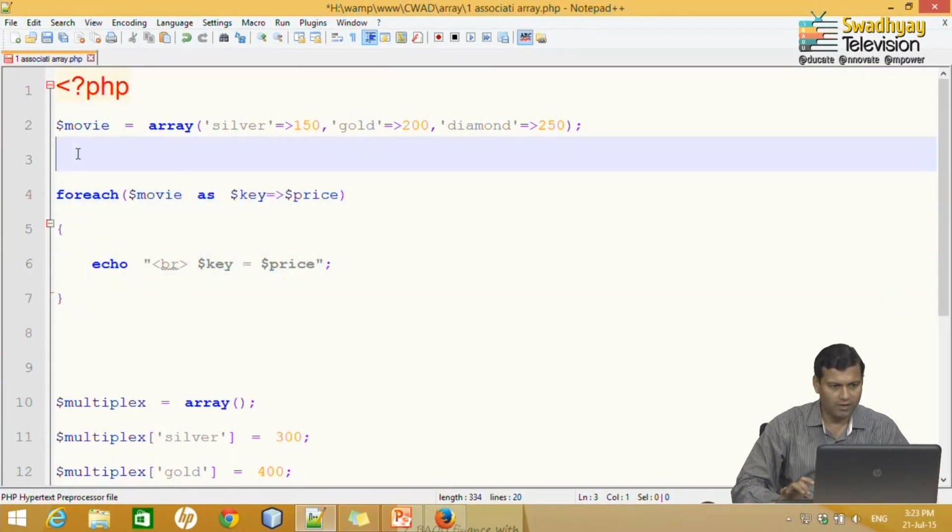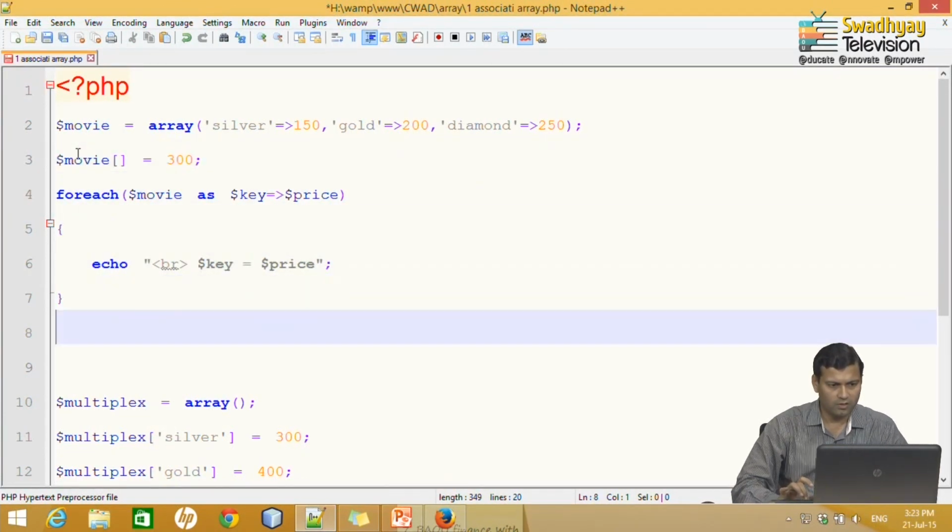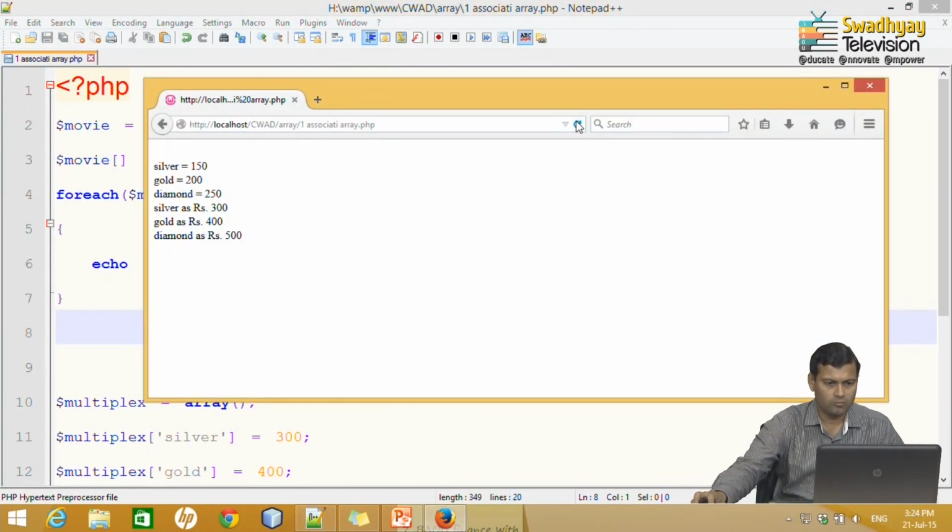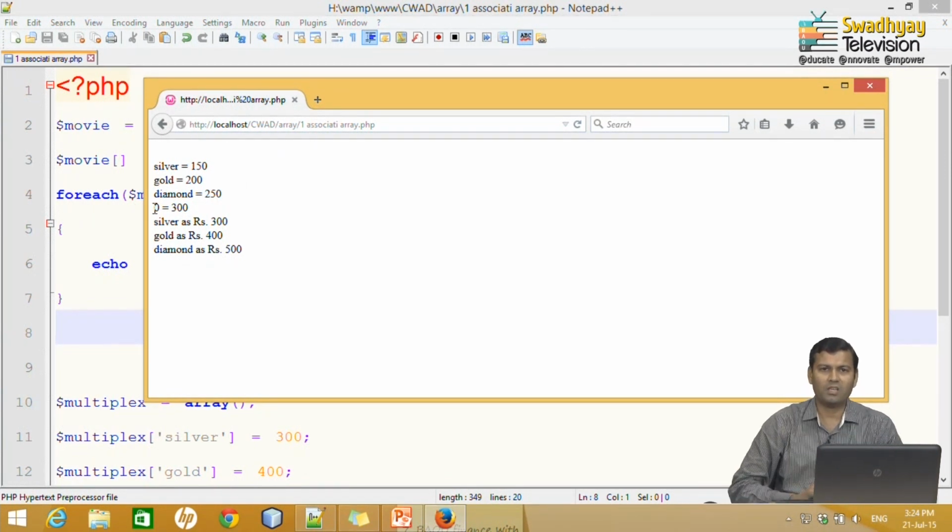So, I write that code here, save it and run it. Now you can find out, as I do not provide a key, it will take 0 by default, right.